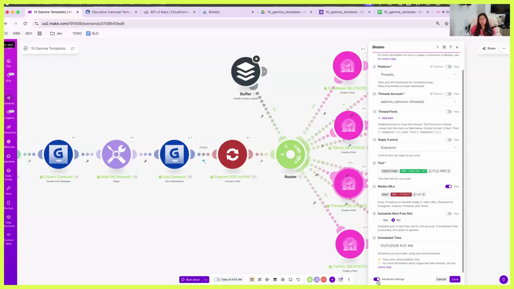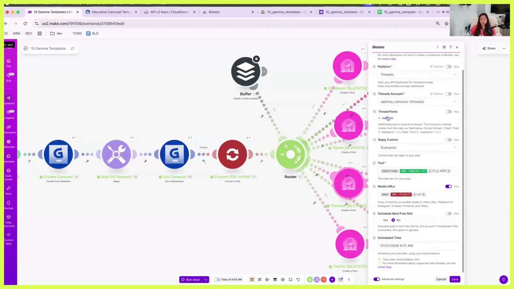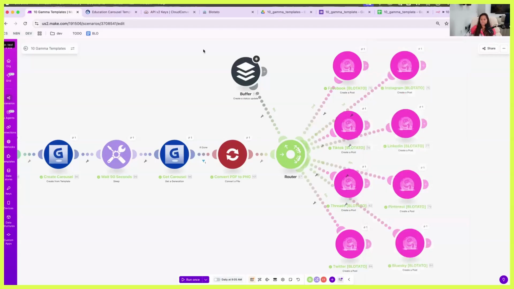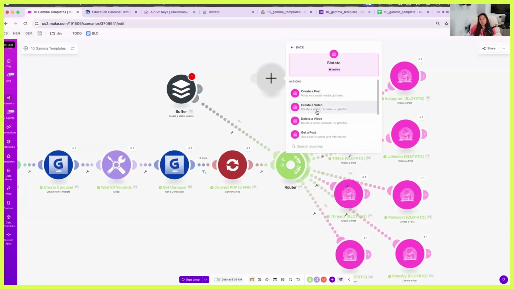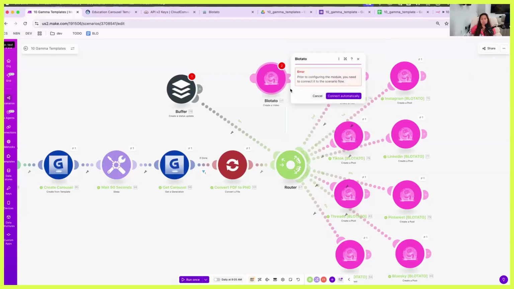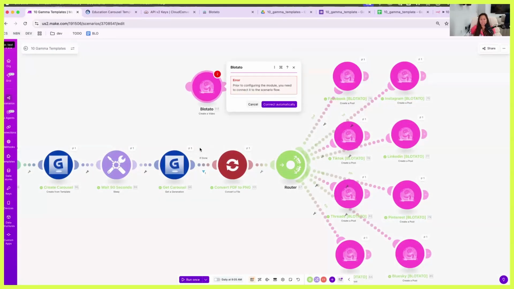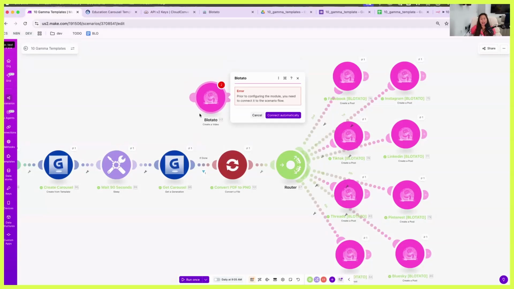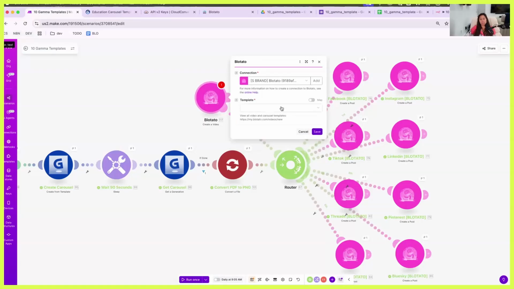So you can do that with Buffer as well. It's just called here thread posts. So it's like this. Okay. But yeah, that would be one of the main differences. Another main difference, even though I'm not showing it here, you can actually create content in Blotato. So you can use Blotato to create carousels, similar to Gamma, and also create videos. I didn't want to get into that too much in this particular tutorial, but that's another really big difference in